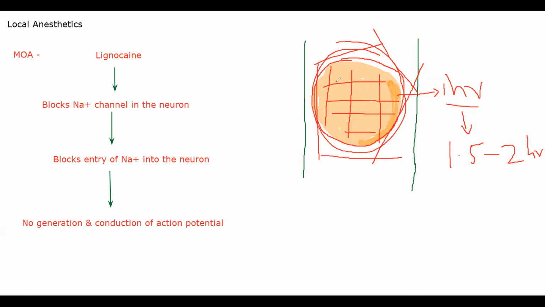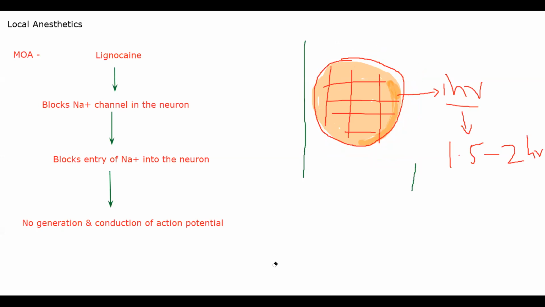I'll repeat once again. Initially I'm applying the local anesthetic here. This area of your hand is anesthetized, and let's suppose it is working for 1 hour, the dose that you have given. Now if you want to prolong this duration without applying any more anesthetic, you want to make sure it works for a longer period of time, what you can do is inject a little bit of adrenaline or norepinephrine